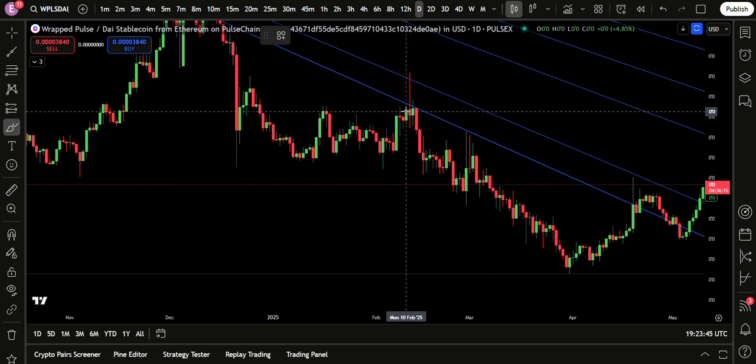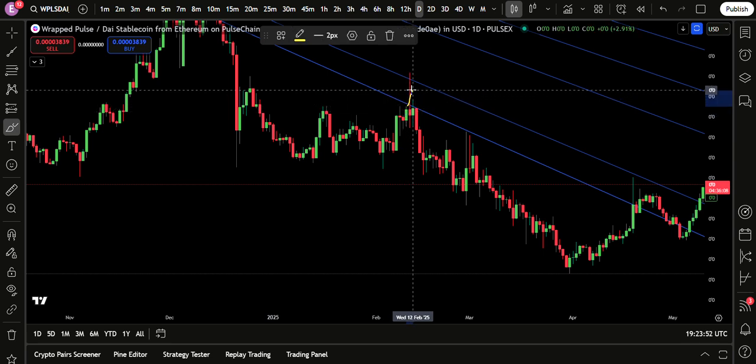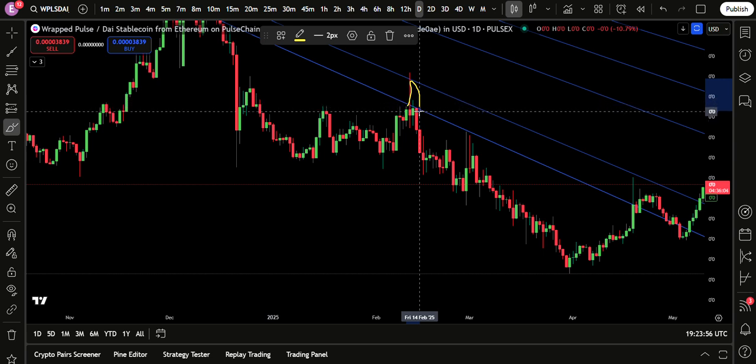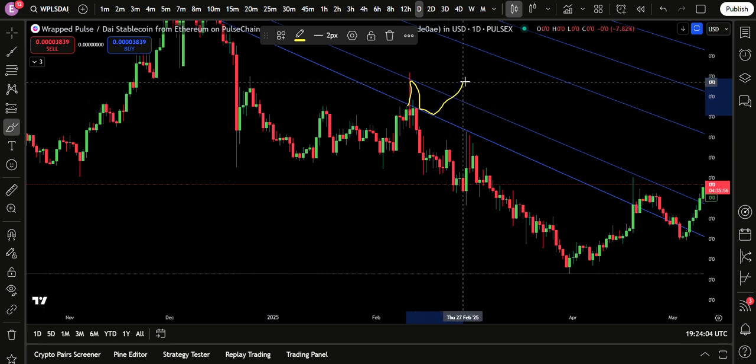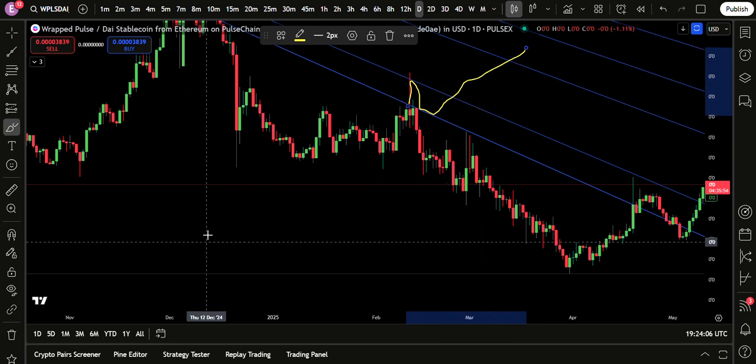And I need to figure out something else to do with this brush because I didn't use it all too often. So as the price came up and broke out of here, you want it to be able to come back down and retest that line as support because it's resistance now. So you want to retest the top of the line as support and hopefully it holds, so then it can support the price up. Right?